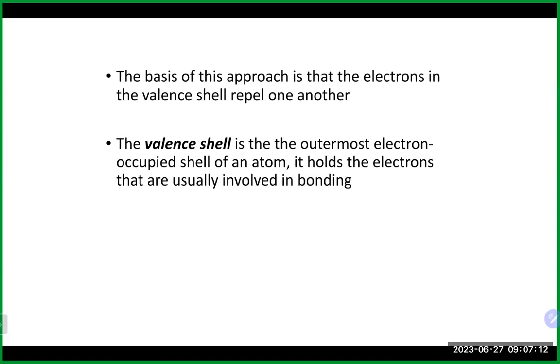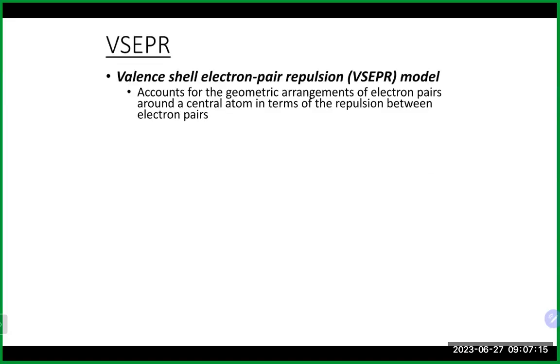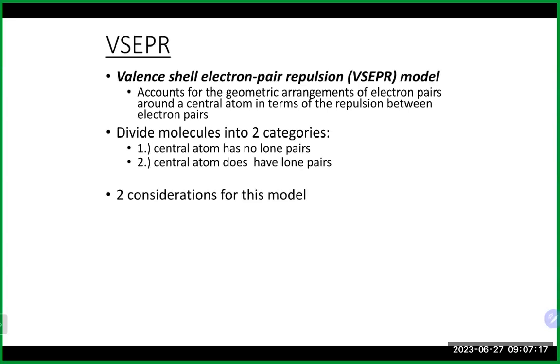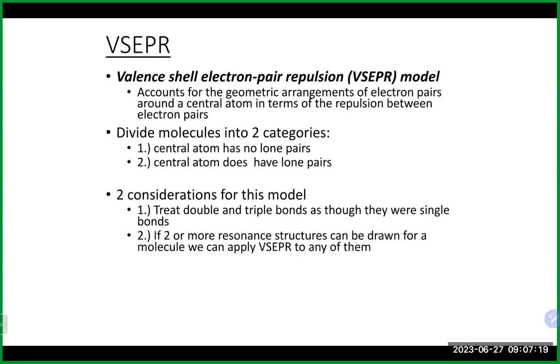Obviously, as we've been talking about, bonding only involves those valence electrons, and that's VSEPR here, which is the valence shell electron pair repulsion model, hence the abbreviation. That is a mouthful. When we look at these molecules, they are divided into a couple of different categories. And again, the main thing is always to focus on the central atom. If you have multiple central atoms, you want to look at each of them separately from each other. But you do want to look at whether or not they have lone